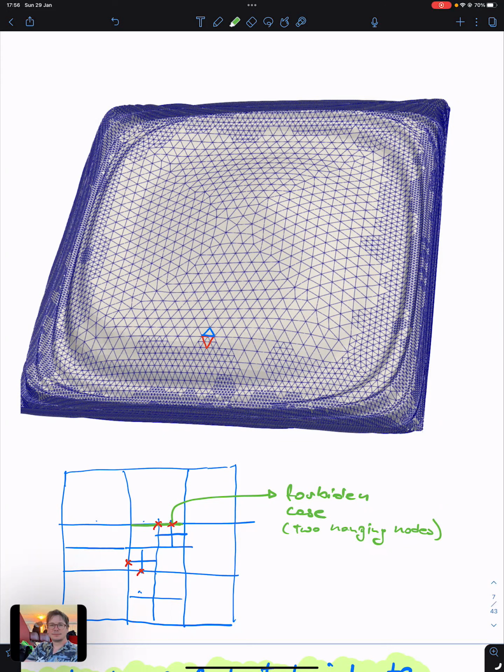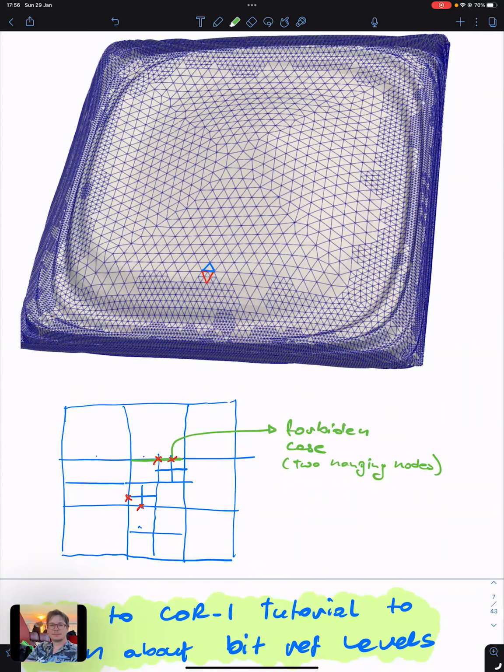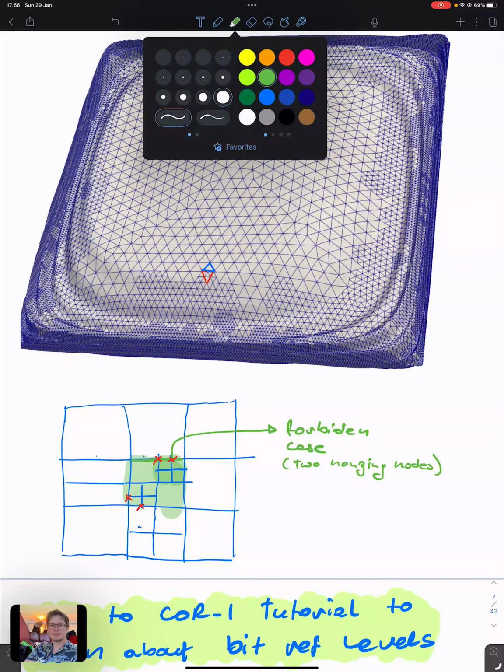This is a restriction of the implementation of this particular tutorial. So imagine this is a case where we refine this big element once, and then we refine some of it twice. But there is this neighbor element, as you can see over here,